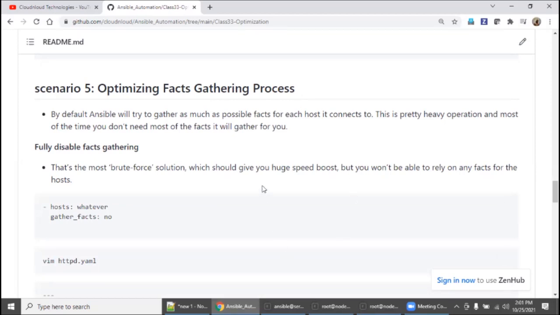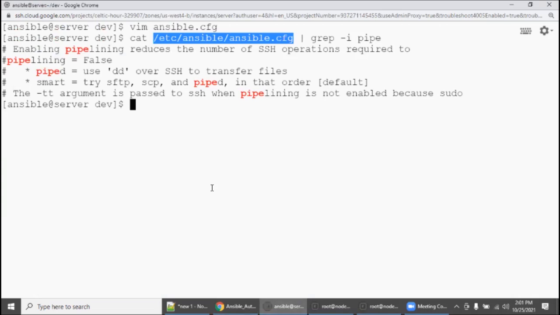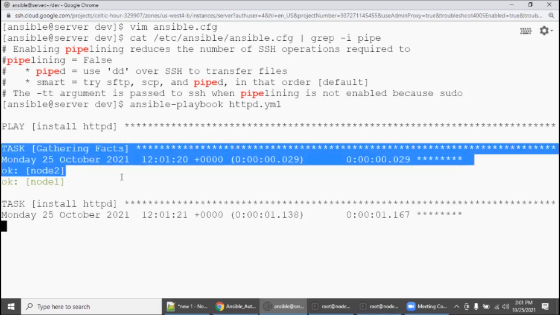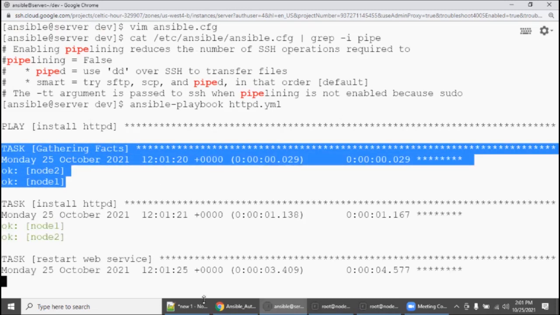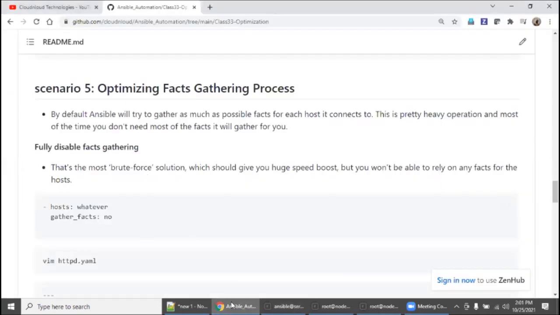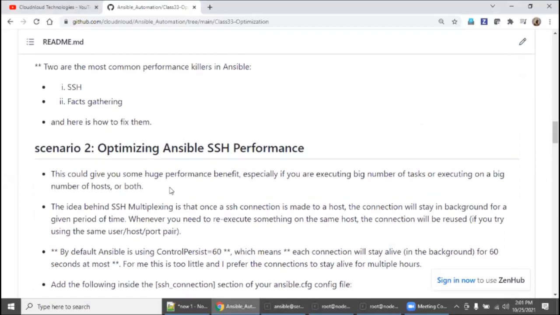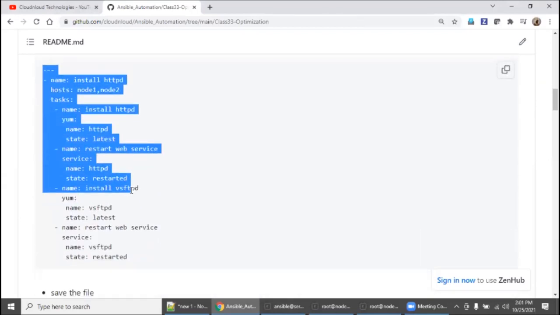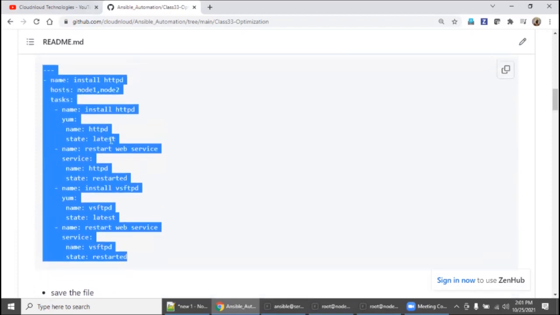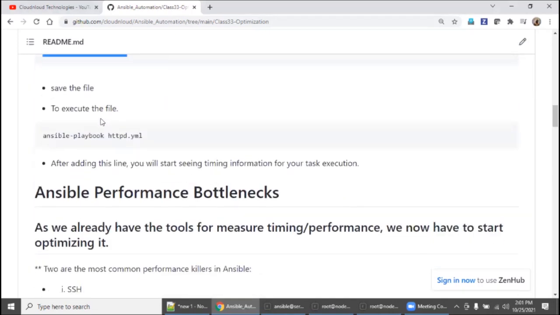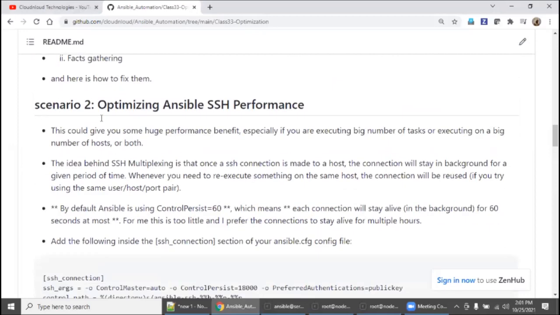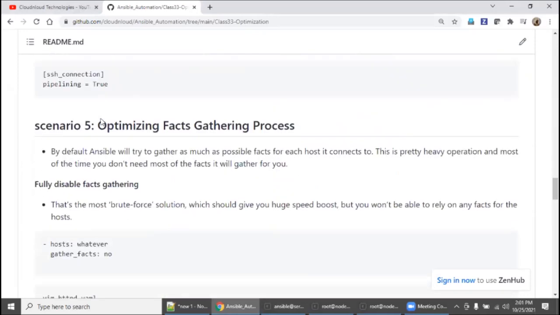So one of the huge ones is, every time you execute a playbook, say for example, I am going to execute my playbook, it will automatically start collecting all the facts, right? Suppose in this playbook I'm not using any dynamic facts. So there is no need for facts for this playbook, and I can simply disable it. Say I have 10,000 servers, so I will save huge network bandwidth and connection wait time, everything. So how do you achieve this?